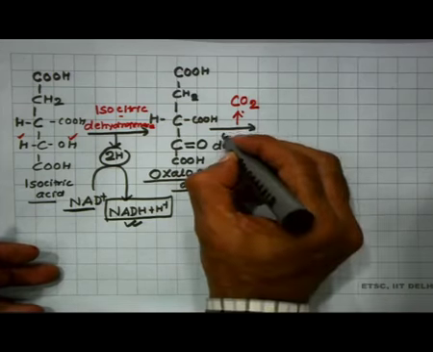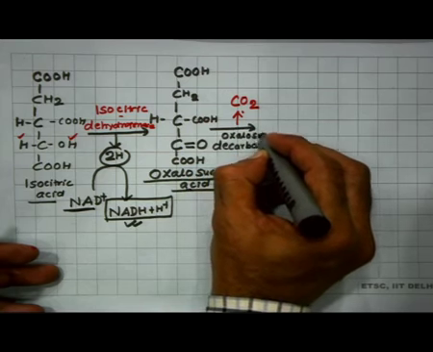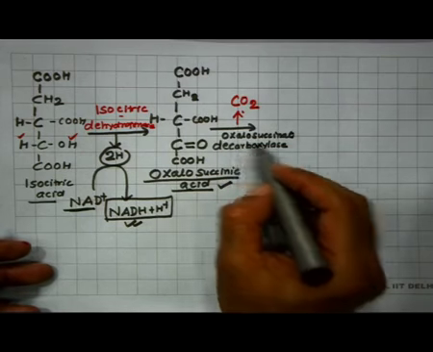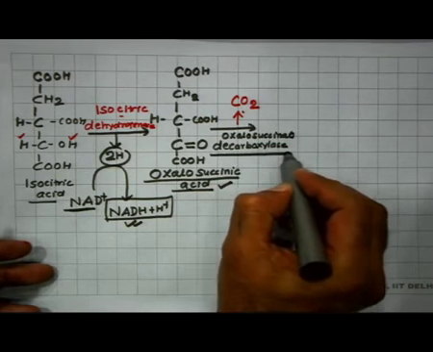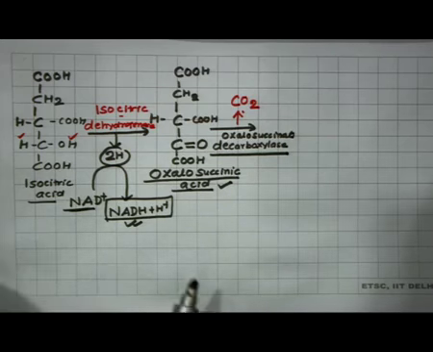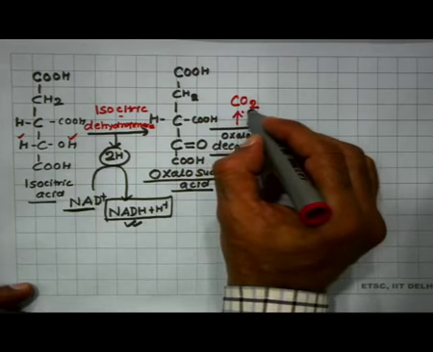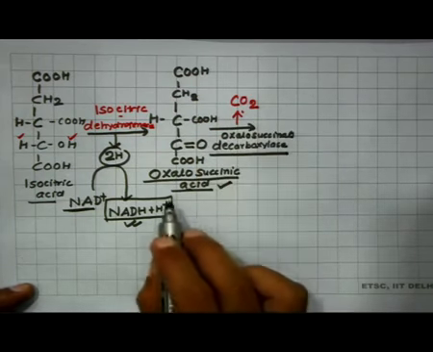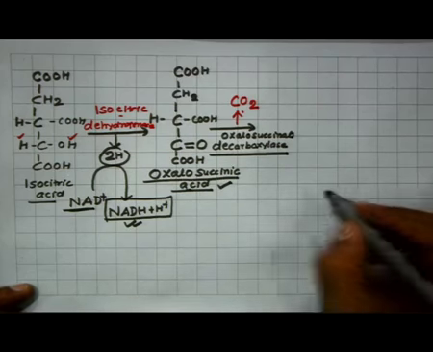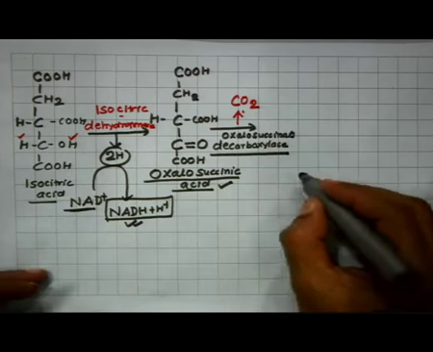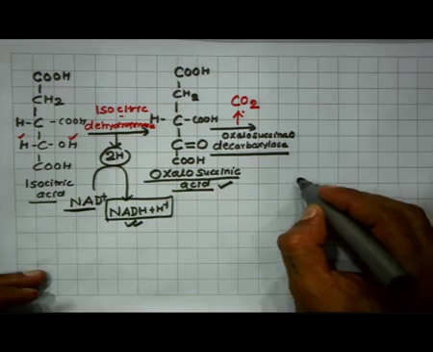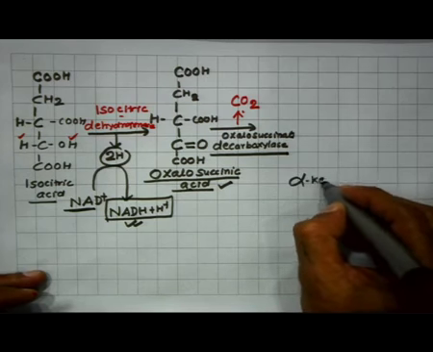Here the substrate is oxalosuccinate, so we can name it oxalosuccinate decarboxylase enzyme, and the carbon dioxide is removed. When we know from where this carbon dioxide is removed, we can easily write the next step: from the oxalosuccinic acid, after the removal of carbon dioxide, there is the formation of alpha ketoglutaric acid,